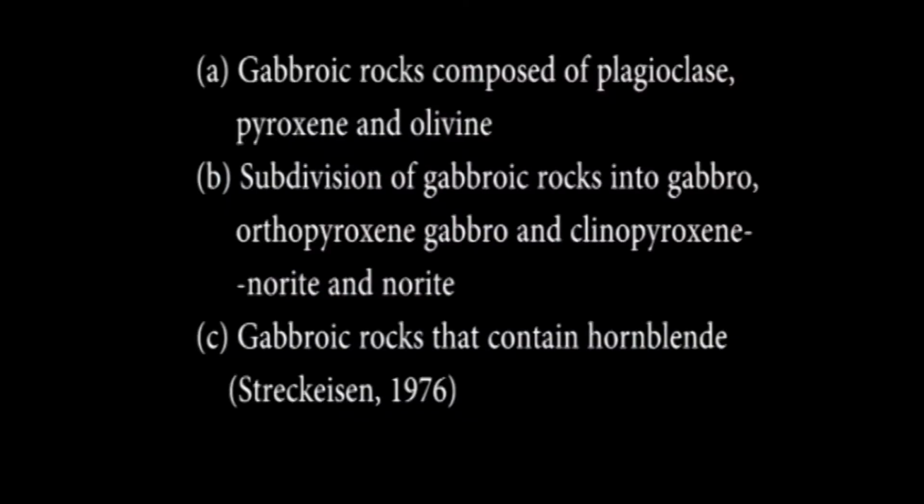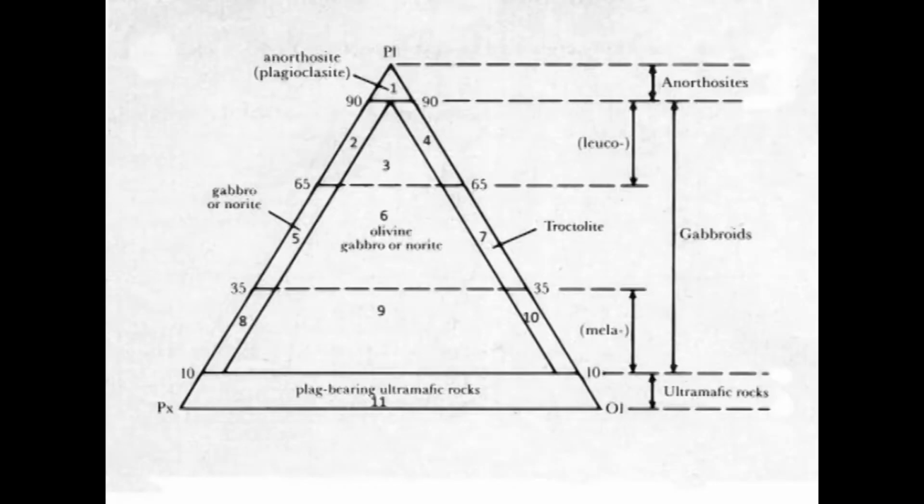First category is your gabbroic rocks composed of plagioclase, pyroxenes and olivine. Second subdivision of gabbroic rocks into gabbro, orthopyroxene gabbro, clinopyroxene norite, norite, etc. Third, gabbroic rocks that contain hornblende, and these all are based on Streckeisen 1976. Now, take up the first classification. See the triangular diagram on the screen based on plagioclase, pyroxene and olivine, and now we can observe the following